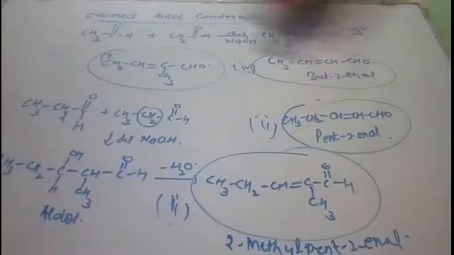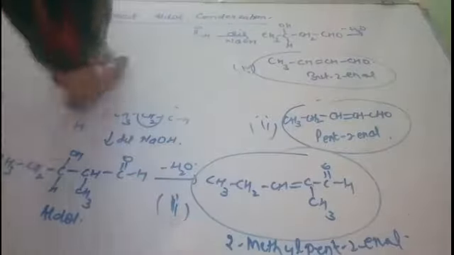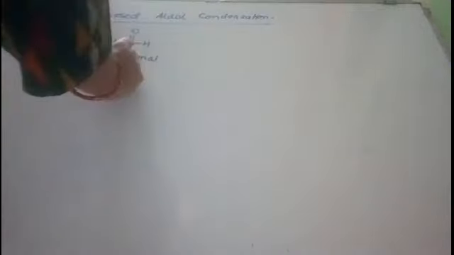So such as the reaction between methanol and ethanol. Okay, the reaction between methanol. Now you see here methanol. In this methanol we have only one carbon, so no alpha carbon is there, therefore no alpha hydrogen is there. So it will act as electrophile. The one which do not contain alpha hydrogen will act as electrophile.